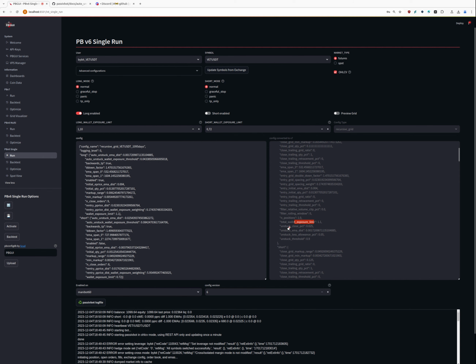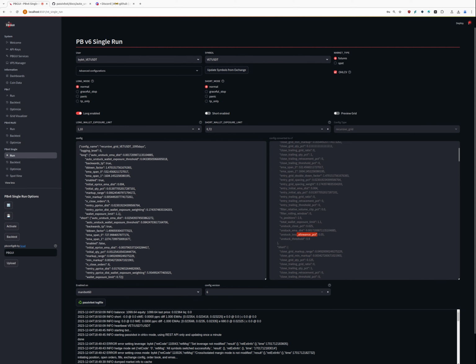Unstuck close percent, this is a number. On some configurations we have this number, and on some not. Here we have no quantity percent from unstucking in this configuration. So I just take this 0.025 on every configuration. It works well from my history. EMA distance unstuck, this is coming from here. Unstuck loss allowance, here it's